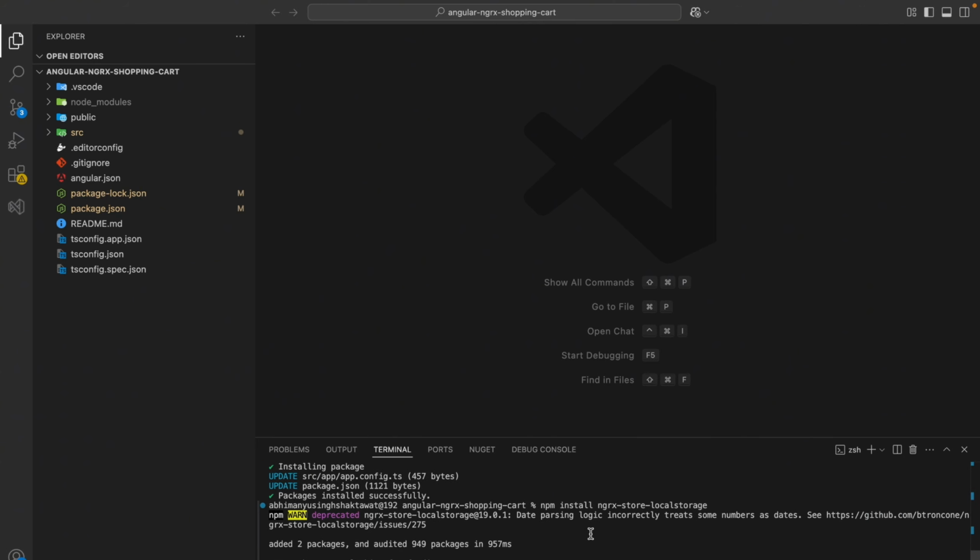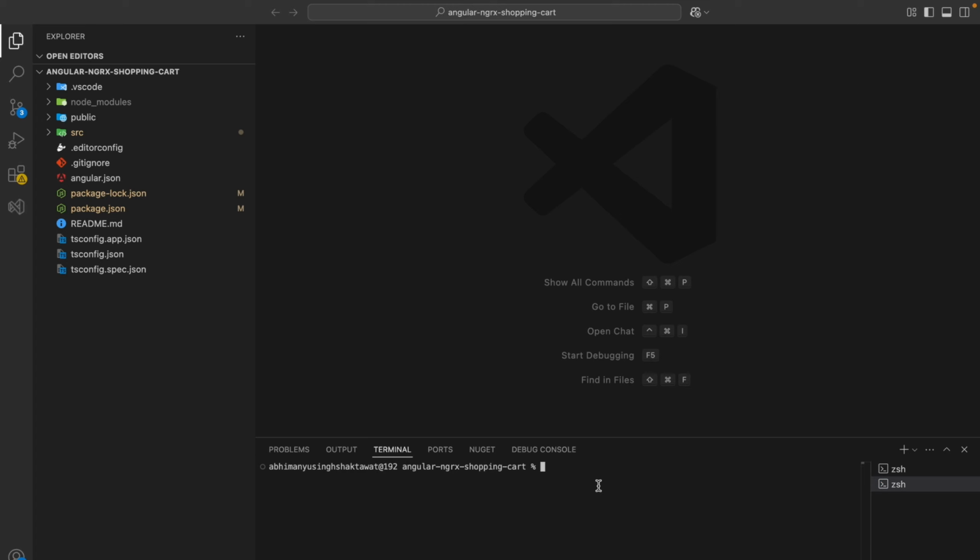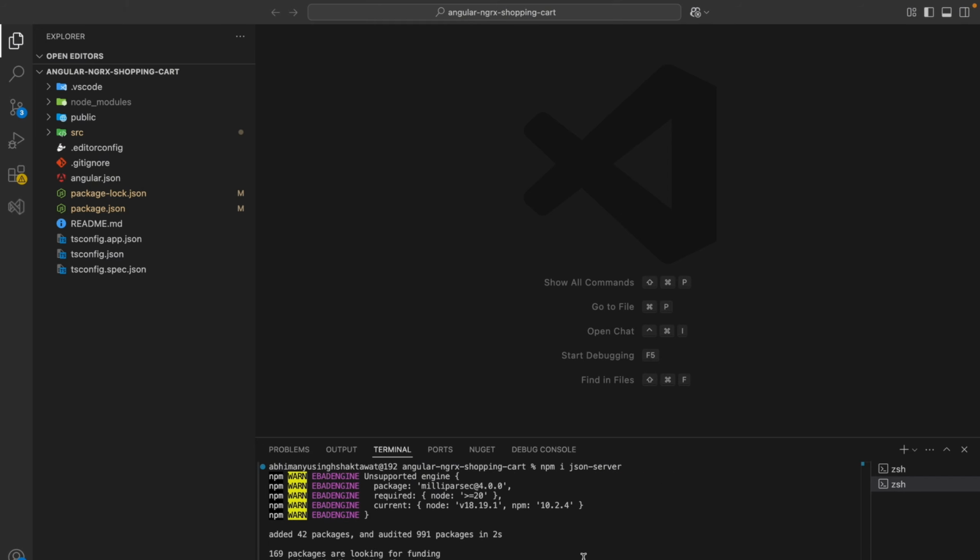Okay, now we need a simple backend server to serve our product data. So we will use json-server for that, which is a fantastic tool for creating mock REST APIs quickly. Okay, so we will install our JSON server first of all, and after going here we will do npm install json-server. So this will install the JSON server,